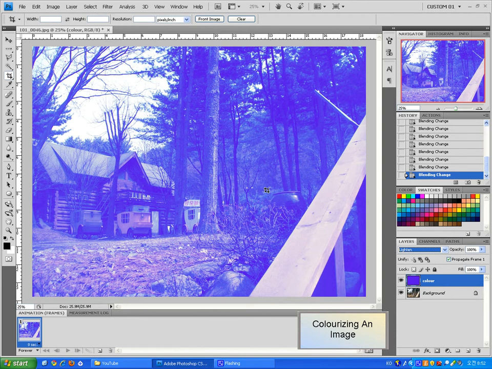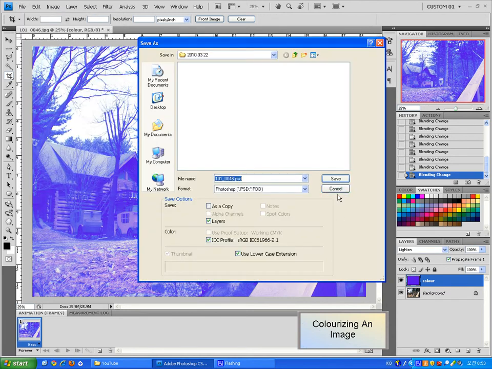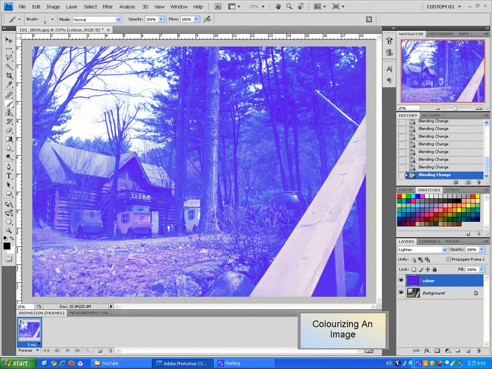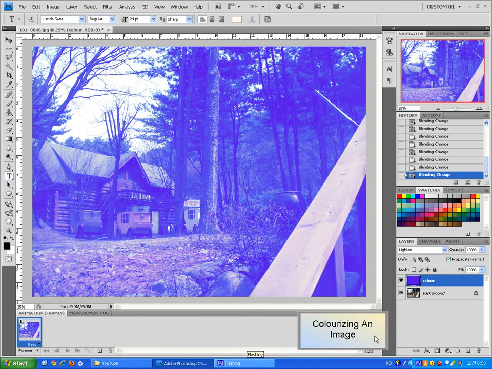And yeah, so if you're satisfied with that image, you can save it. I'm not really gonna save it, or you can add more effects, maybe add text, or you know, change your main layer, maybe add contrast or something. And I might show you how to do that in another